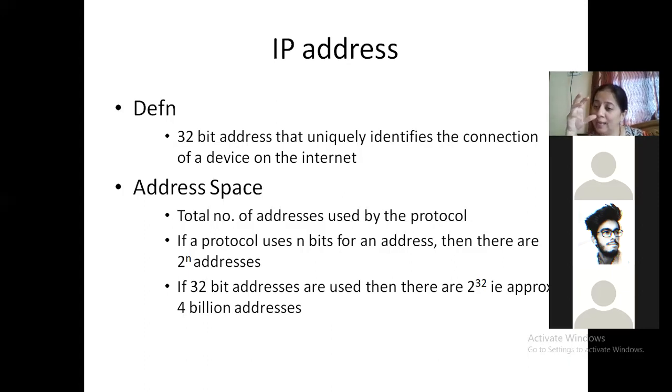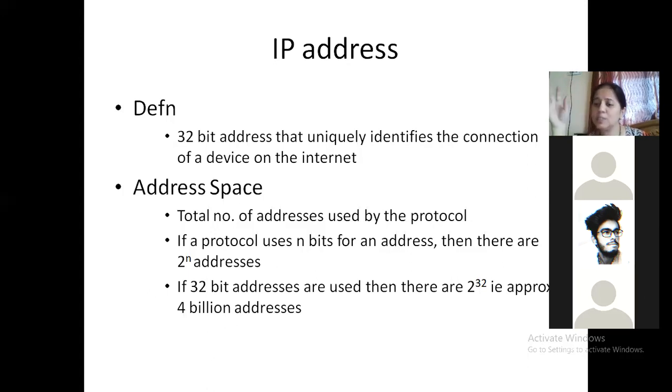So again, I'm repeating the definition. Every host or a router is uniquely identified, yes. But basically, we are identifying the connection rather than the machine. The connection with the help of which the machine becomes a part of the network, that we are able to identify uniquely with the help of an IP address. So suppose in future you have removed a computer and put it in some other network, the connection is going to change. When the connection changes, its IP address will also change. But as long as it is connected to a network, it has got a unique address.